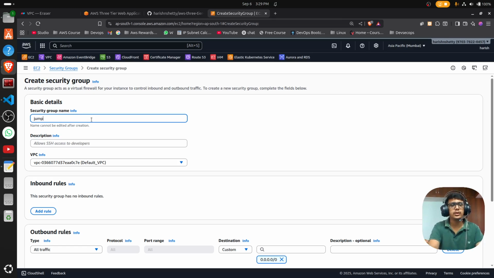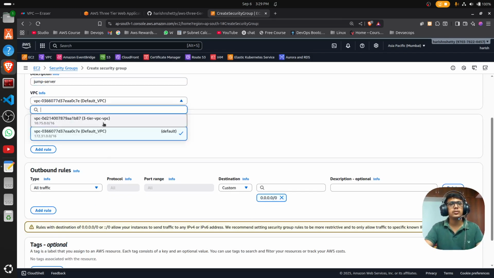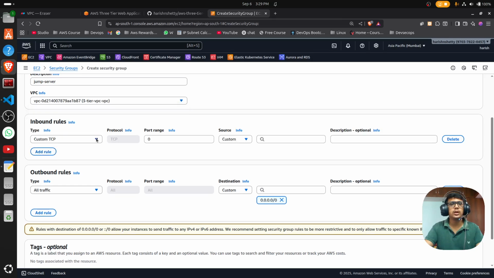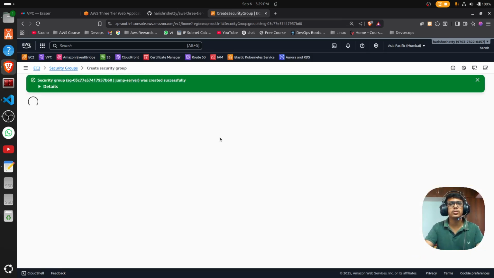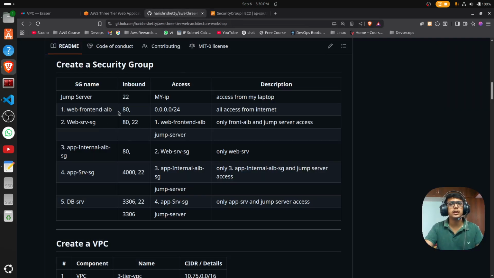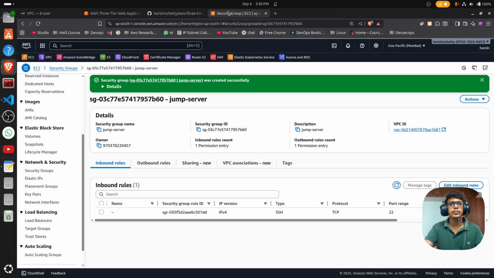I'm going to create one for the jump server. VPC is Twitter VPC, inbound SSH. I'm going with public, create security group. Okay, one is done, and second, web front-end ALB,